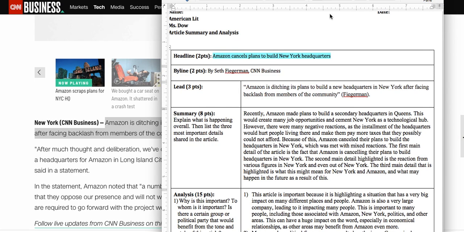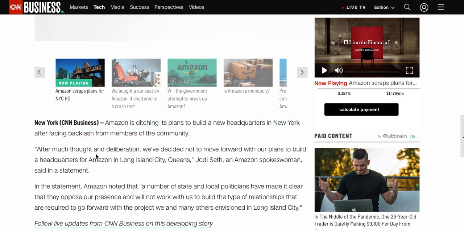Bring that in a little bit. It goes right here, properly cited. Now, when I say buried lead, you might have an article that starts off with a quotation or something like that. This would not be a lead. If they started out with this quotation from Jody Seth, the Amazon spokeswoman, and then went into this, you would know this doesn't sound like it's giving me the general overview of what's happening, right? This is just a quotation from a senior member of the company. So you wouldn't necessarily use this as a lead. You want to look for that first main sentence that gives you the general overview of who, what, why. Okay?